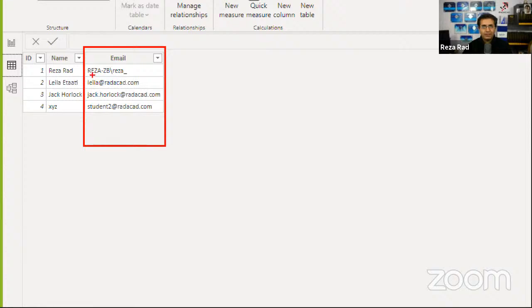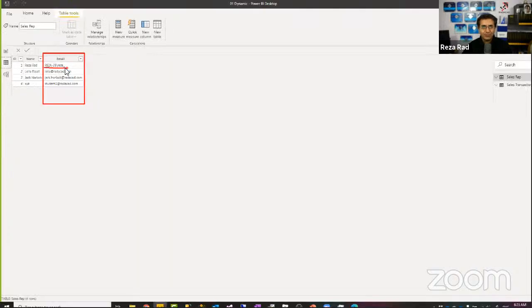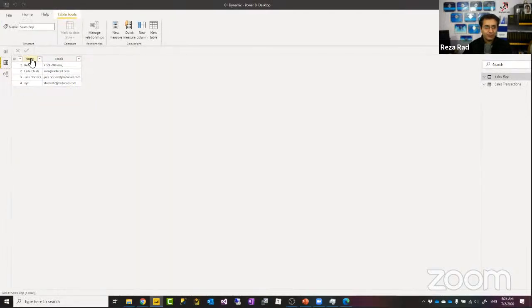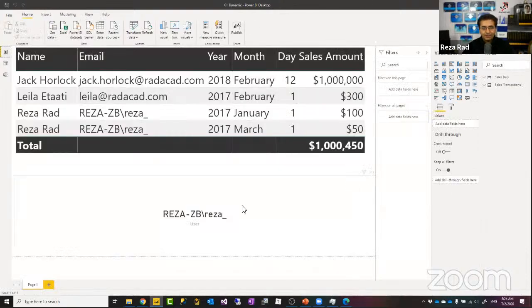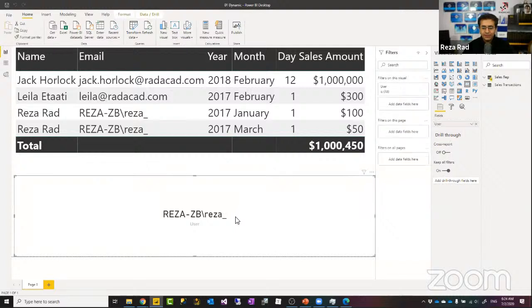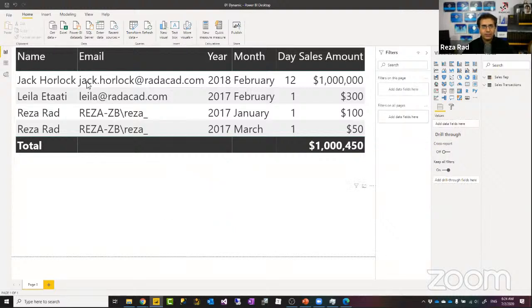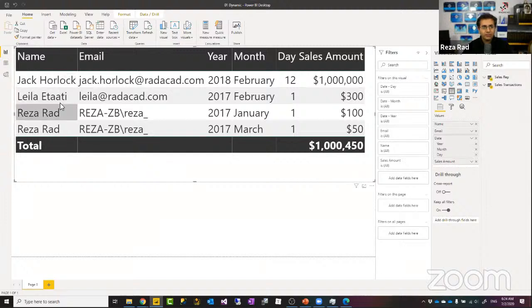Now you see here, my first account is not a Power BI account. The reason for that is I'm using my local machine to test it out, which I'll show you how it works. Now, imagine this scenario. And here I have actually, let me delete this one. Here I have a table showing all the sales reps, their email information, the date of transaction, and their sales transaction. So I can see all the sales transactions.